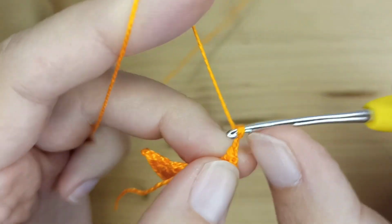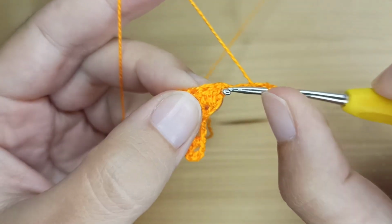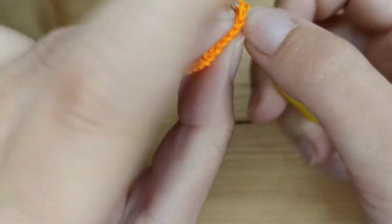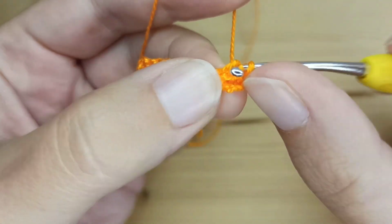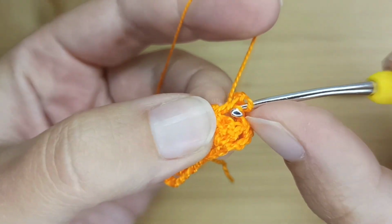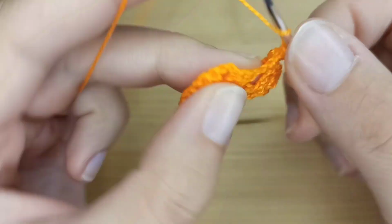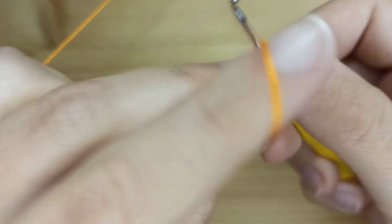Now again make a chain of 4, 2, 3, 4, turn your work, and again we will work first our first group of 3 double crochet here in this hole. 1, 2 and 3. Chain 1, go to the next hole. Here we will make again a group of 3 double crochet. 1, 2 and 3. Chain 1,